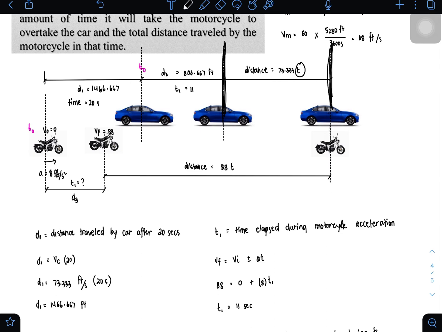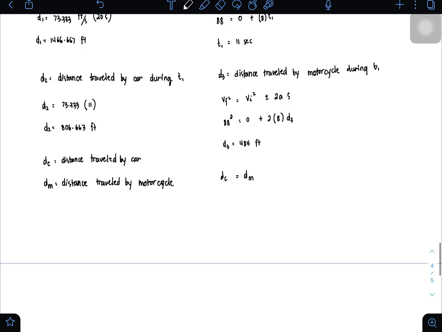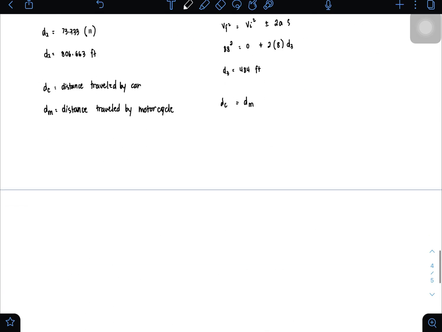So that's the concept or the analysis. So we have d1 plus d2 plus 73.333 t. So DC is d1 plus d2 plus 73.333 time. Then DM is